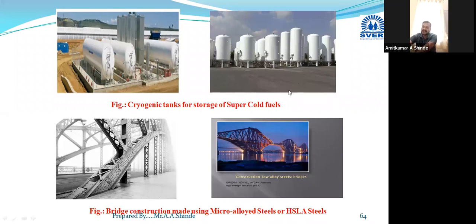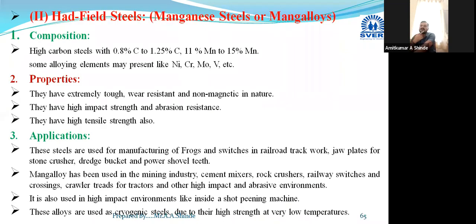Then there are cryogenic tanks. These are manufactured with the help of HSLA steel only, and these are used for liquid oxygen. Then Hadfield steel is high carbon steel with 0.8 to 1.25% carbon and 11 to 15% manganese,